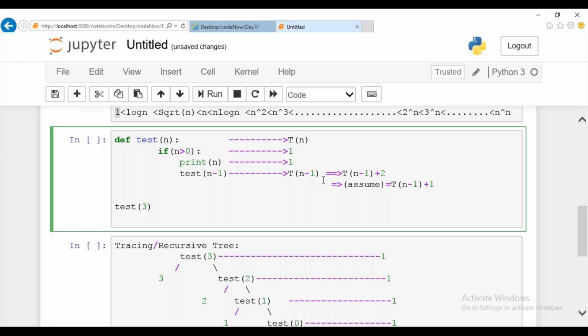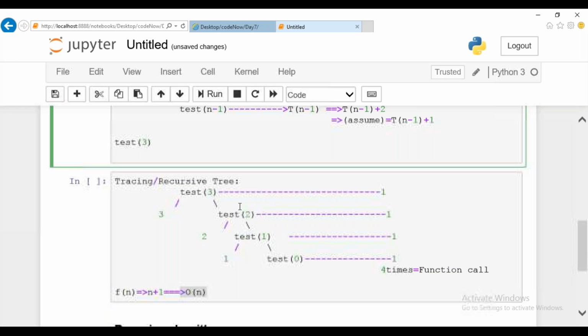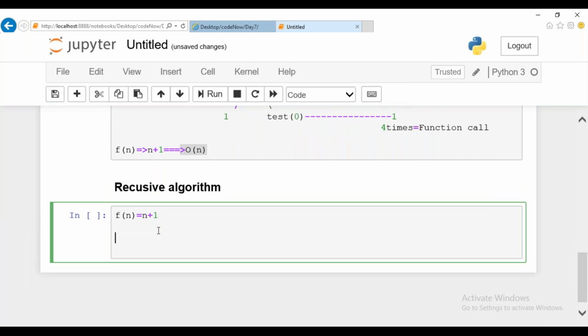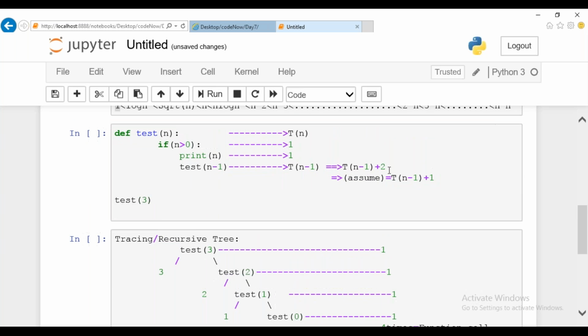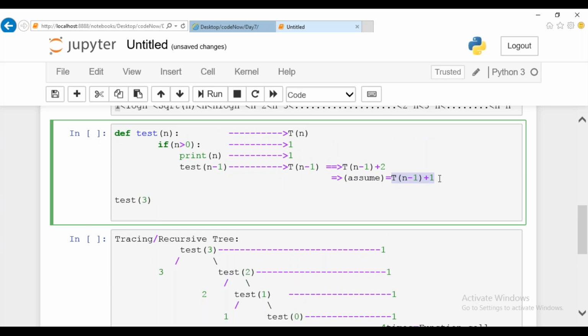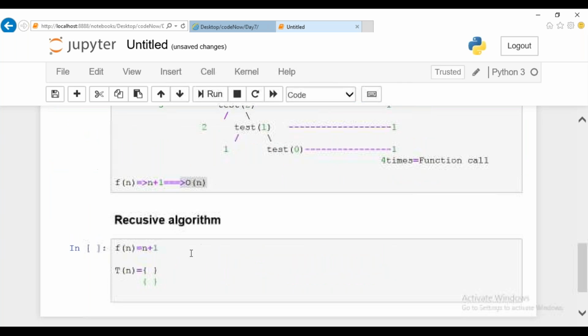Now let us form the recursive equation, which is nothing but calculating T of n. For T of n, I'm going to take 2 scenarios here. This statement would be given in big curly braces; I'll give it as two different curly braces, since it is not possible to write everything in a single one. How many times is this particular loop going to be executed? This is the equation which we formed: T of n minus 1 plus 1. This is the unit of time we have found.